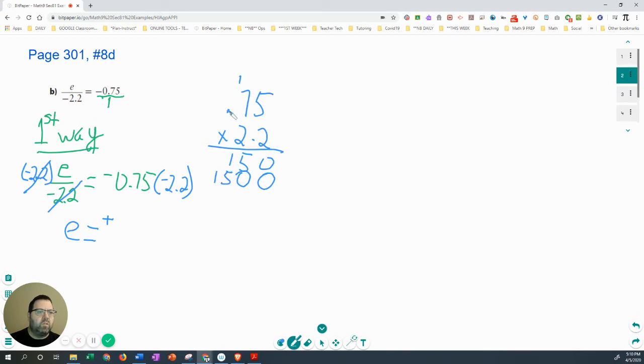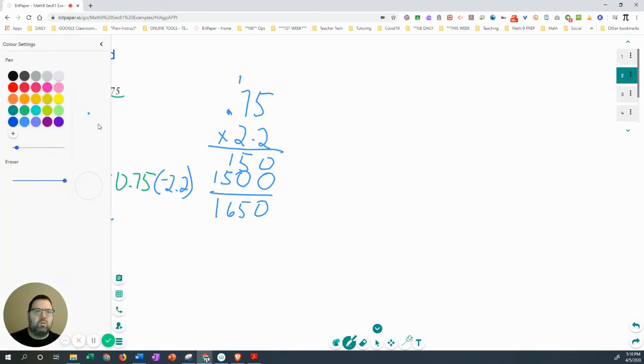Okay, just remember this was the decimal that went with the 75. Add them up, 0, 5, 6, 1. And we have, let's just check this off. Let me use orange. Okay, so we have 1, 2, 3, okay? We're looking at decimal places to the right of the decimal. So we have 1, 2, 3. So down here, 1, 2, 3. So the answer is e is equal to